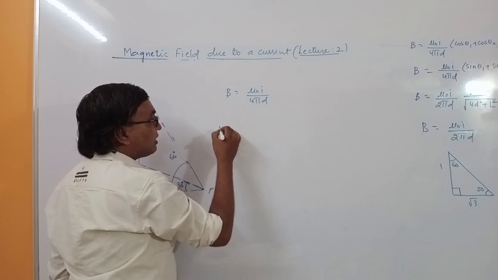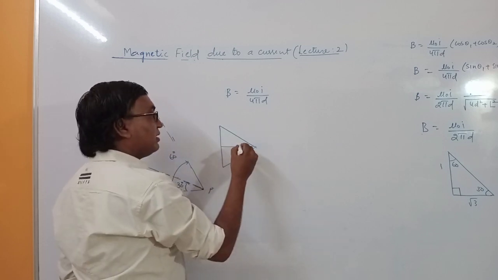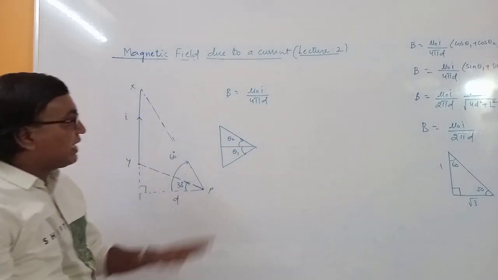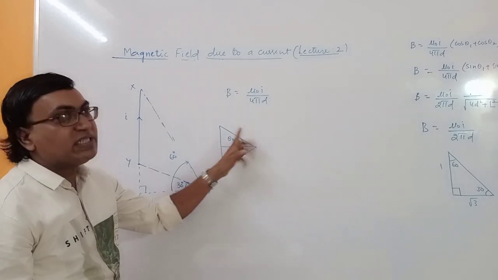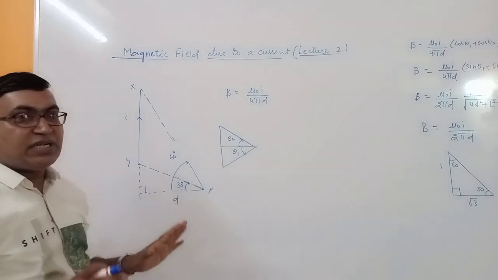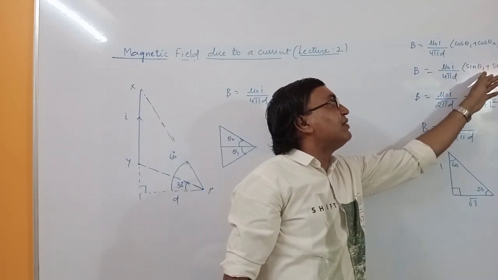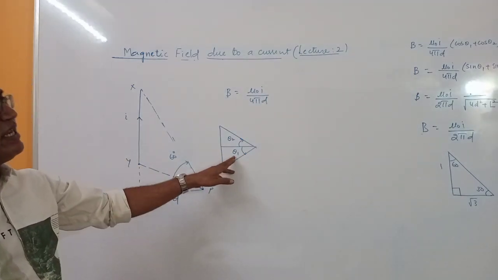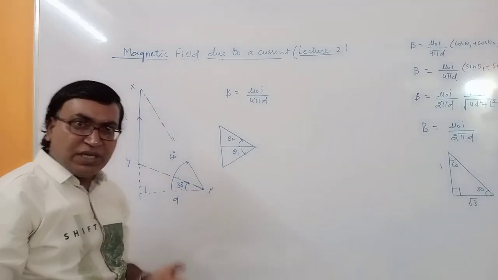Now sin theta 1, sin theta 2, what have we considered? We have considered the angles on both sides of the perpendicular line. On this side we took theta 2 and on this side we took theta 1. Theta 2 from the perpendicular in the clockwise direction, then theta 1 from the perpendicular in the anti-clockwise direction. Both the angles are measured in opposite directions. So for that you can have another formula, that is sin theta 1 minus sin theta 2. Or if this angle is theta 1 and you take it as negative, then it will be sin theta 2 minus sin theta 1, because sin of minus theta is minus sin theta.